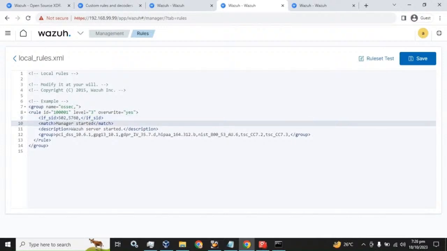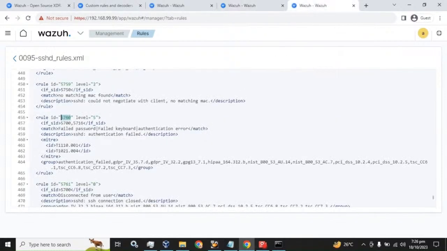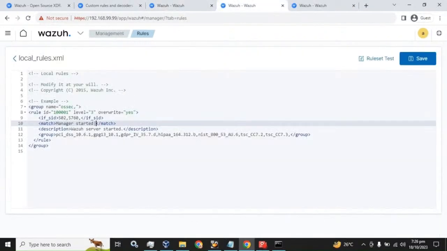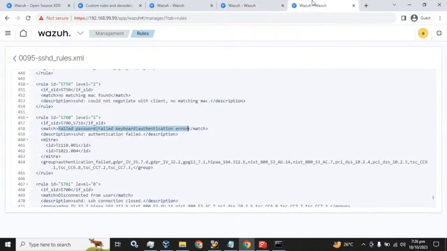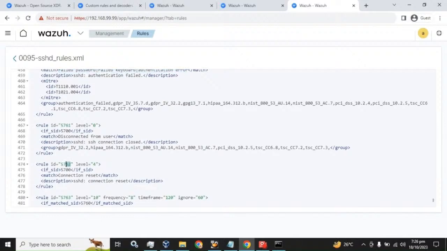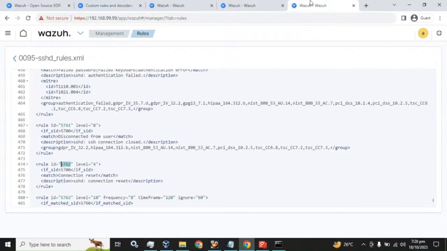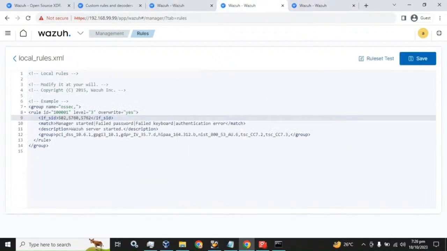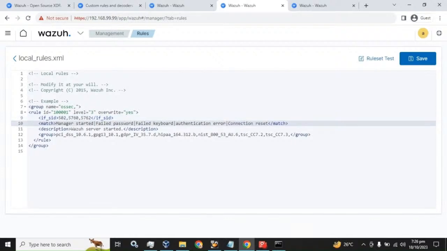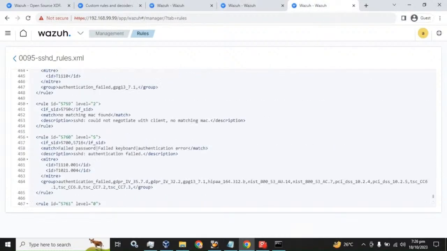We will put this straight slash and copy this match over here, and the next one is 5762. What is the match is, yeah. What we are doing, we will mention the